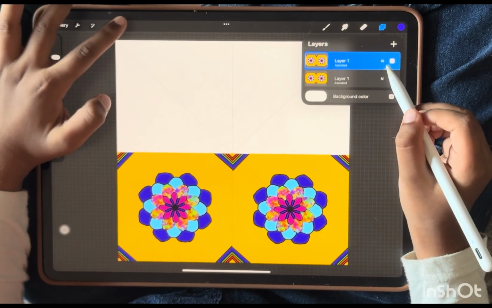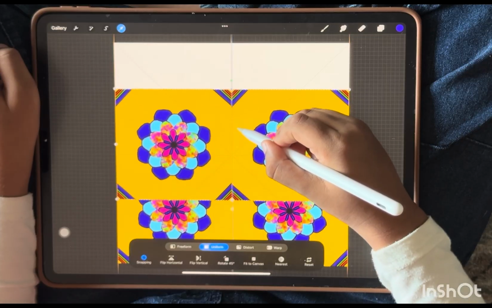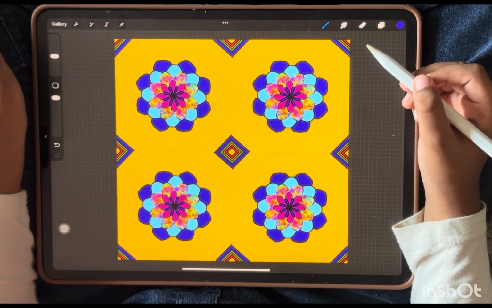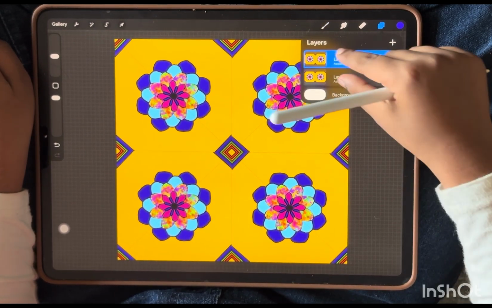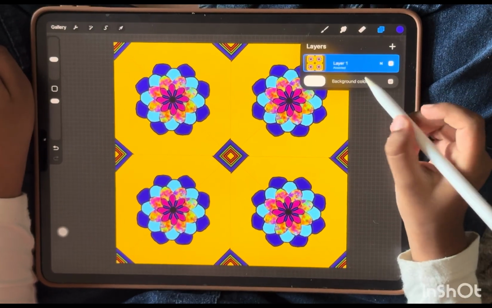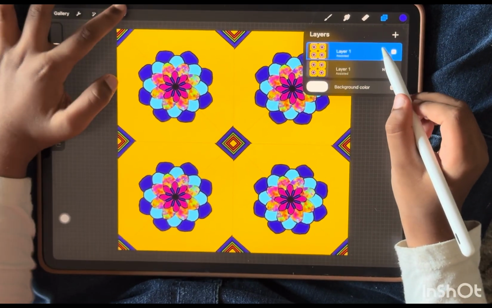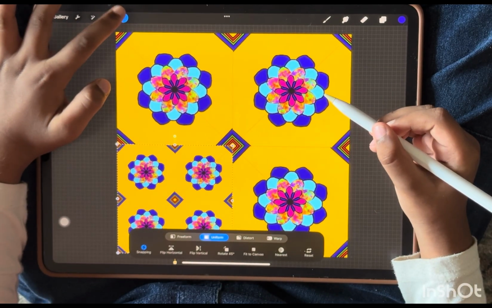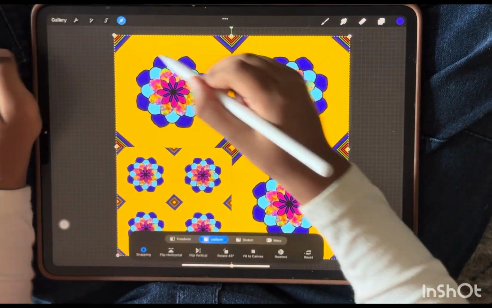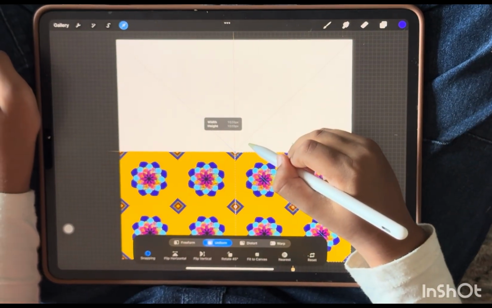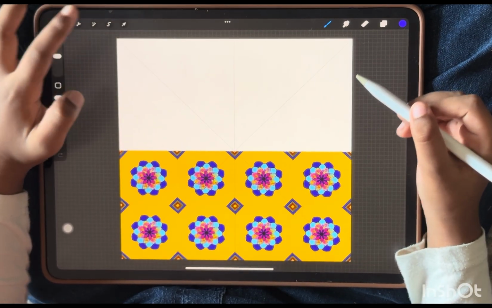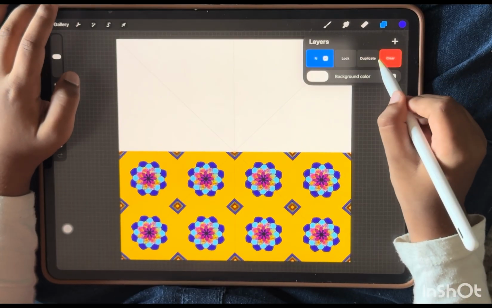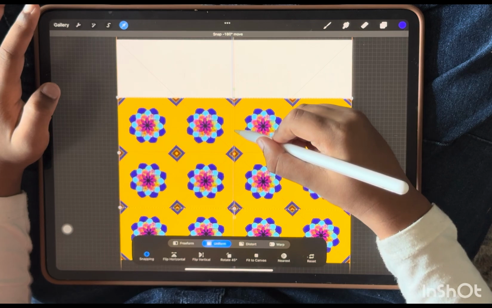Okay, so duplicate it, transform, move this layer up, click it again, go to layers, merge layers together, slide, duplicate, transform, move to a quadrant of the canvas, transform, go to layers, go to that layer, move it to a quadrant of the canvas. Okay, click transform again, merge layers together, then duplicate it, and then move it up,